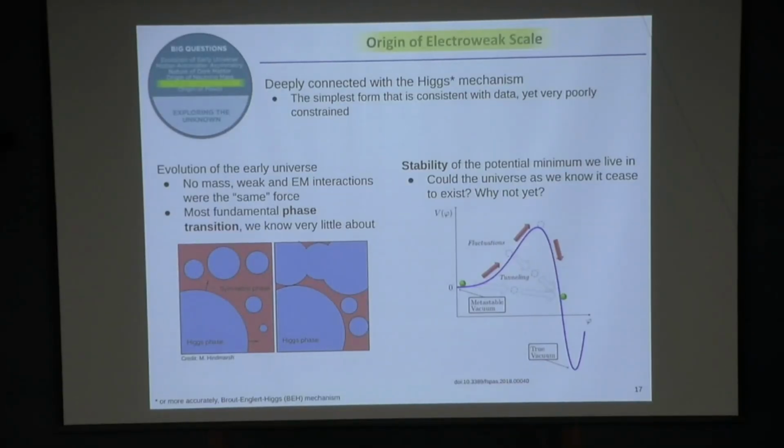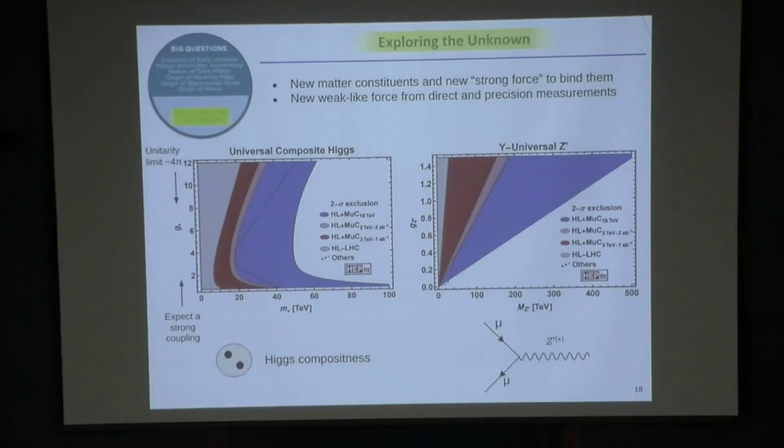This is actually something that might be happening, but we have no measurements of why that would be possible, or if so, why it hasn't happened yet. So in addition to that, the last example I wanted to give you is a little bit special in the sense that, in addition to looking for theoretically motivated scenarios that try to explain existing phenomena, we always need to be prepared for something that is unexpected and just keep a broad experimental program.